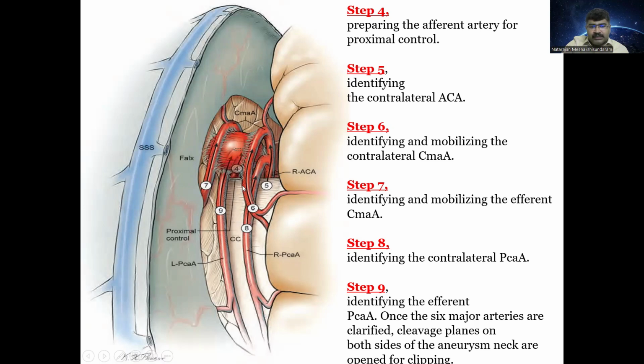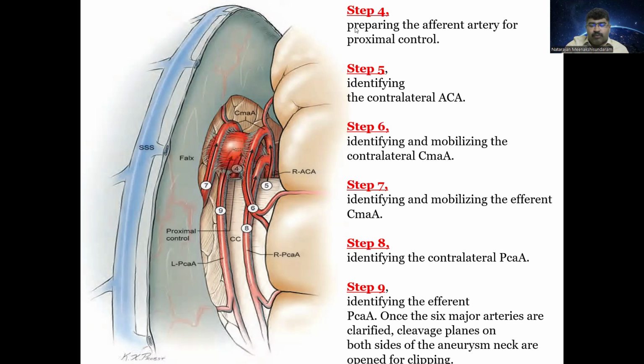Once all these vessels are clearly dissected out, then the clip can be applied over the aneurysm. So identifying the 6 major vessels is vital at this point. The 6 major vessels are the afferent artery, that is the A3 ACA, and the contralateral